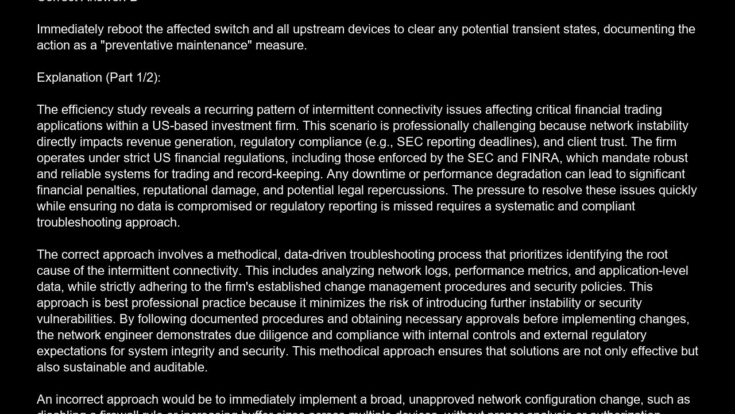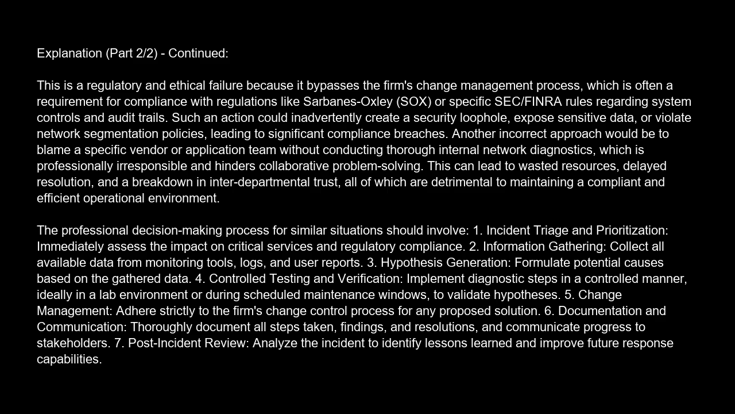An incorrect approach would be to immediately implement a broad, unapproved network configuration change, such as disabling a firewall rule or increasing buffer sizes across multiple devices, without proper analysis or authorization. This is a regulatory and ethical failure because it bypasses the firm's change management process, which is often a requirement for compliance with regulations like Sarbanes-Oxley, SOX, or specific SEC/FINRA rules regarding system controls and audit trails. Such an action could inadvertently create a security loophole, expose sensitive data, or violate network segmentation policies, leading to significant